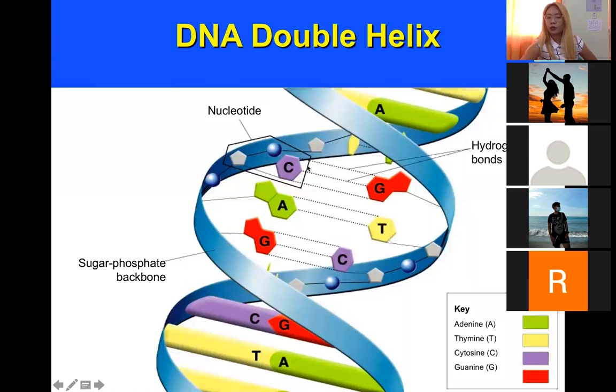And between adenine and thymine, we have two hydrogen bonds. And between guanine and cytosine and vice versa, we have three hydrogen bonds. So kung makikita ninyo dito in this picture, itong dotted lines na to, all of these are hydrogen bonds. And pag tatlo yung line niya, yung dotted line, then it means there are three hydrogen bonds connecting guanine and cytosine. Whereas in adenine and thymine, there are only two hydrogen bonds connecting them.